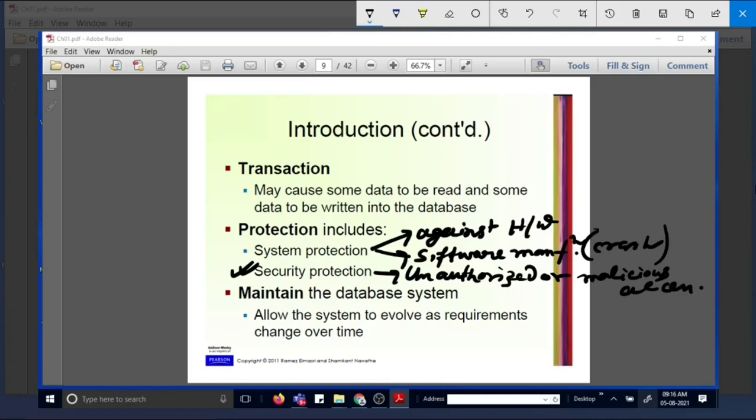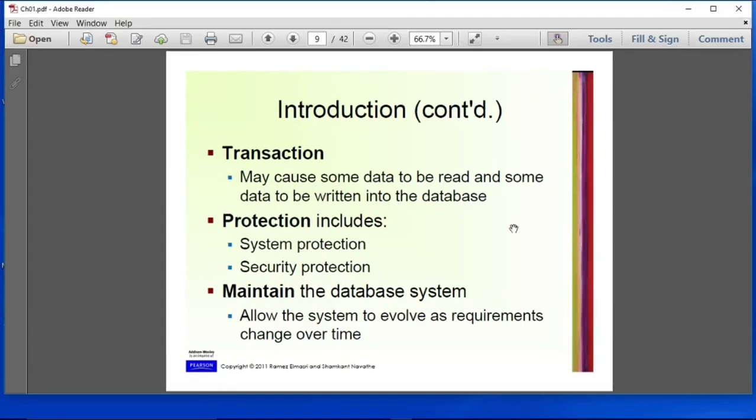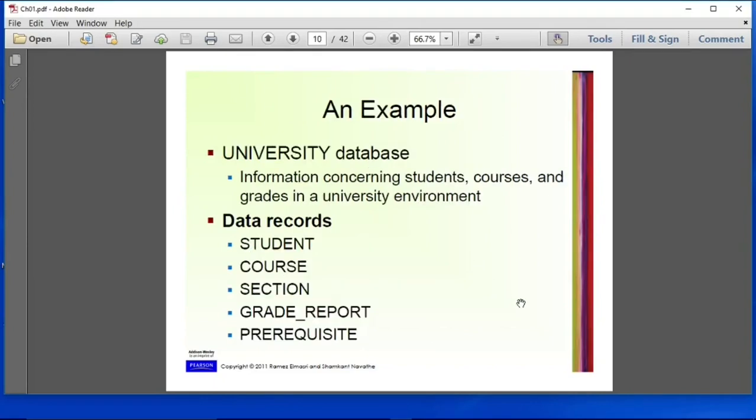So these are some other important functionalities related to the database: protection, transactions, and maintaining the database. It is not absolutely necessary to use general purpose DBMS software to implement a computerized database.